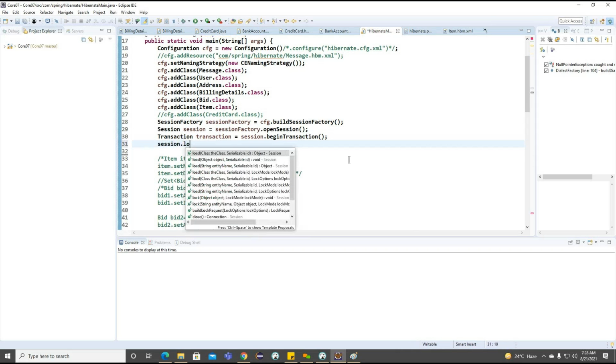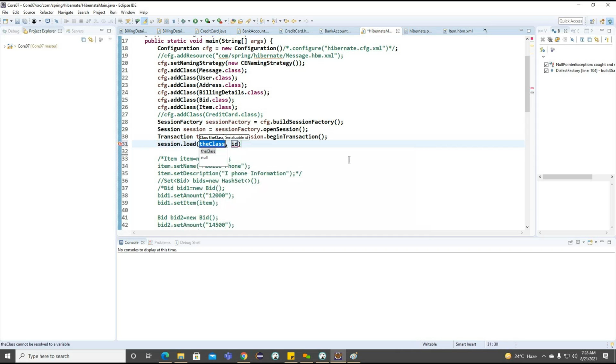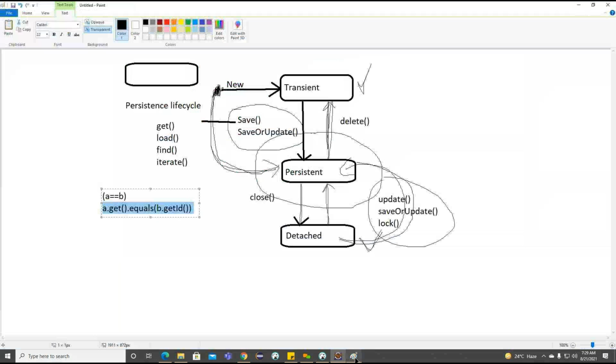With the help of this session and transaction, I will call session dot load here. I will pass the particular class, Item dot class, and the serializable ID. So what ID do we have inside this Item?